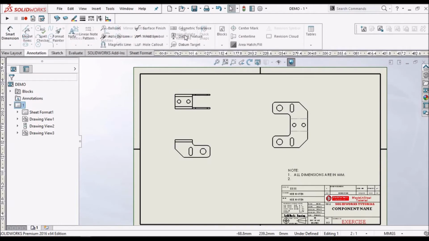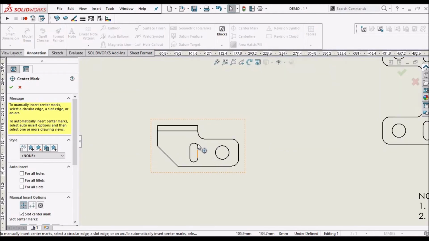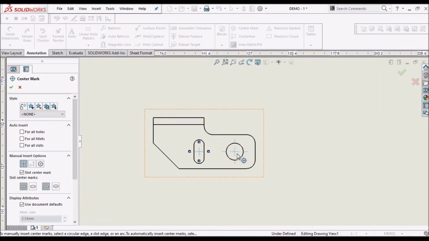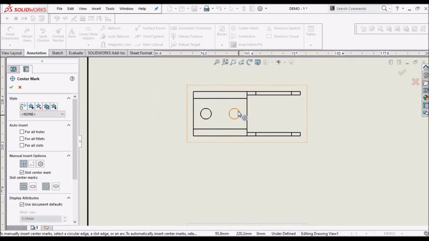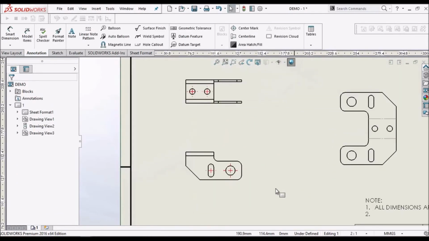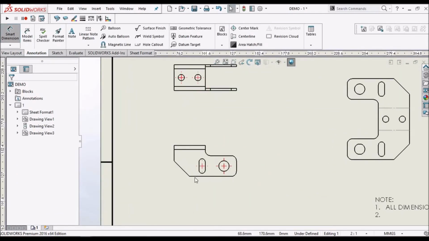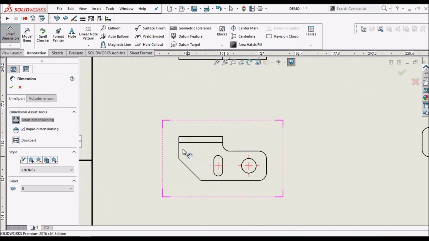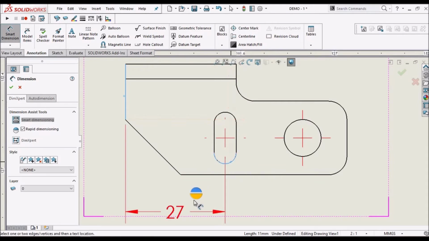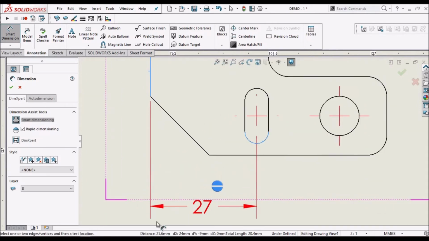So we have to go to annotations. We have to give center line. Now slot dimension from here to center line 27.